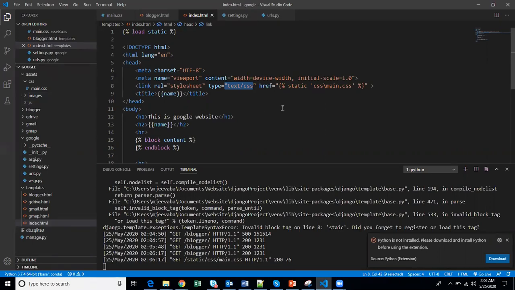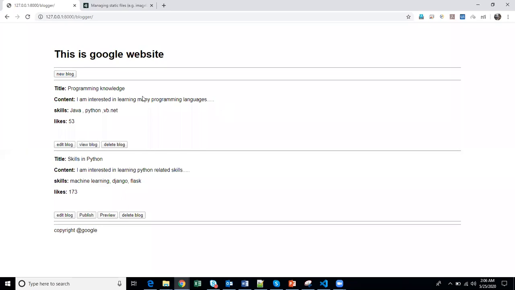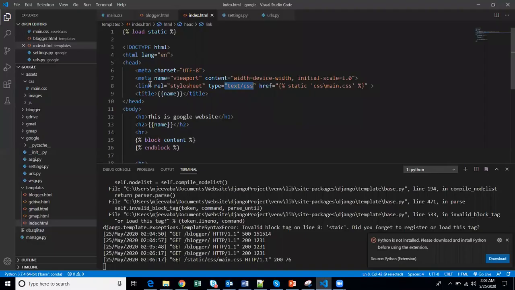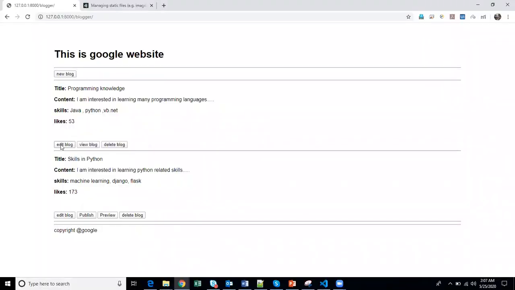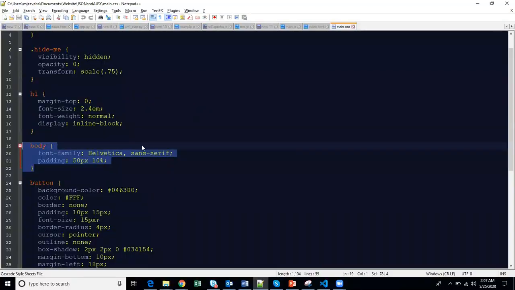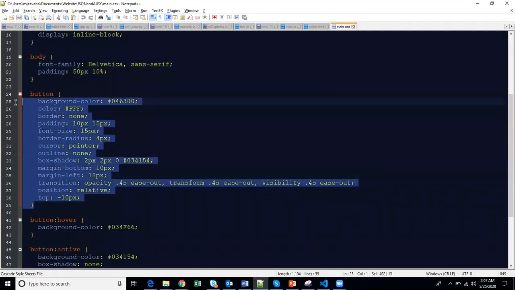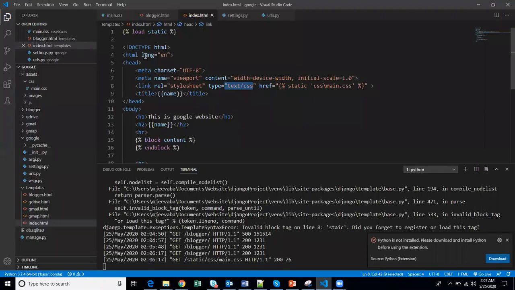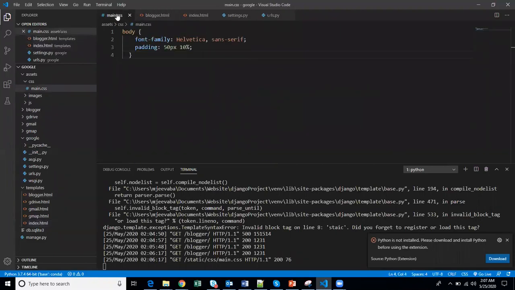This is really good. And if you want, you saw that I only changed the body. Maybe I will include more. If you see the buttons now, this is not usually good. But I have only one button, so I'll just copy paste this. Let's check how the button works in the main.